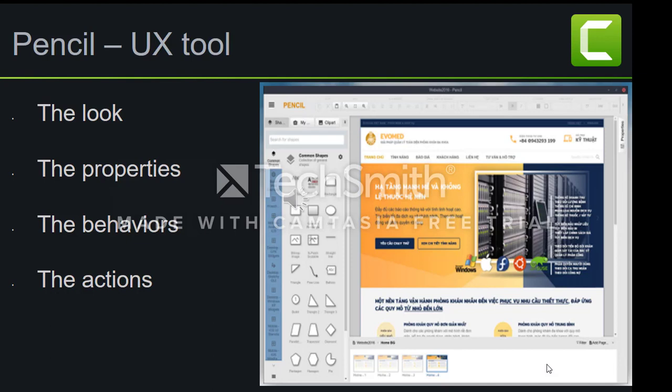The behavior. Behavior tells how the shape's look is changed according to changes made to its properties. For example, the rectangle element has its fill and fill opacity changed according to the fill color property of the shape. The action.